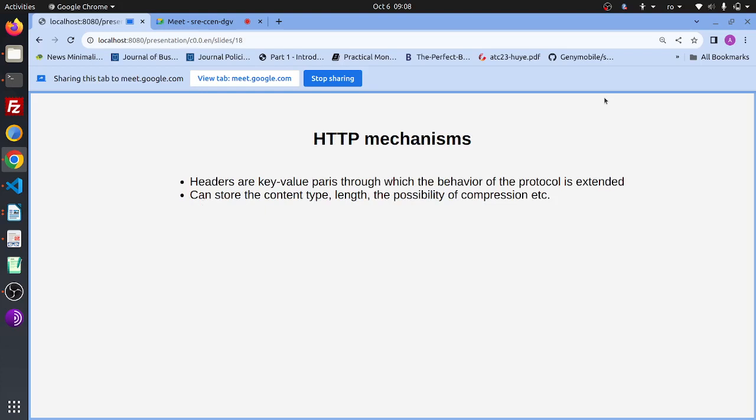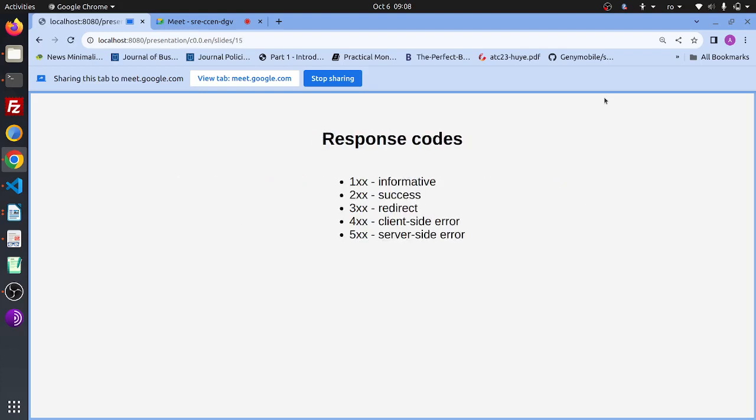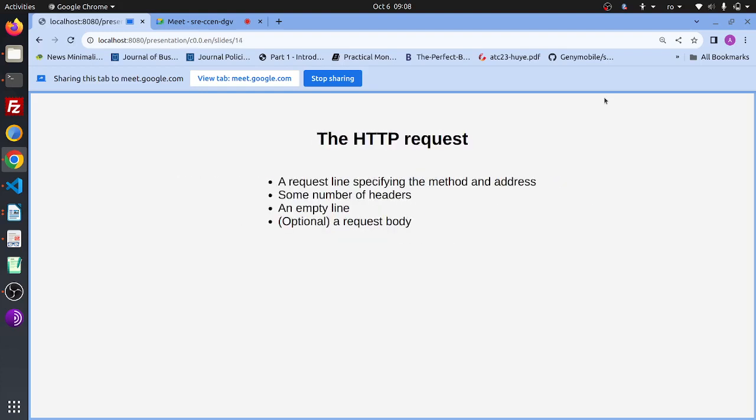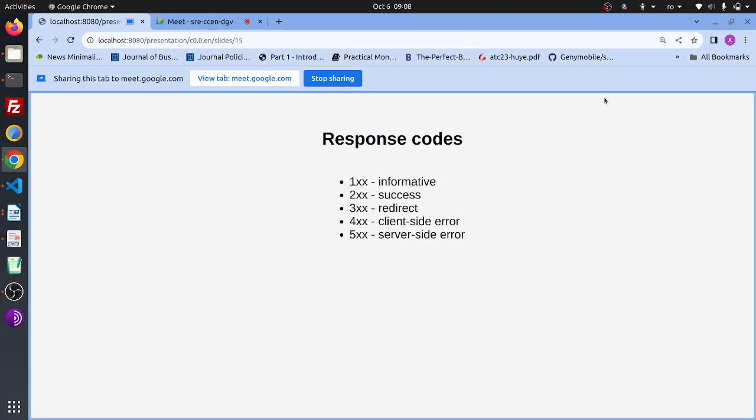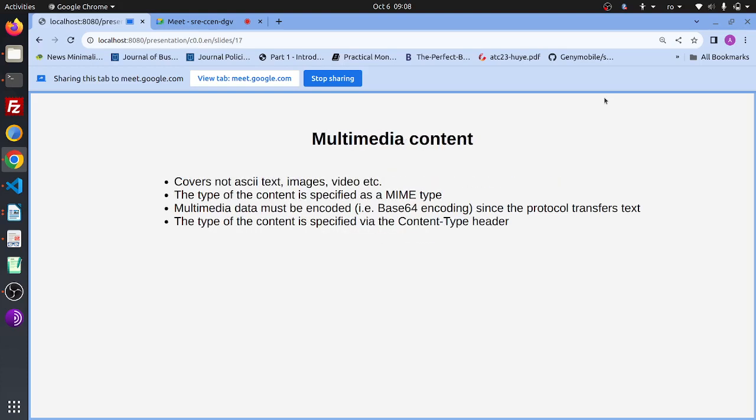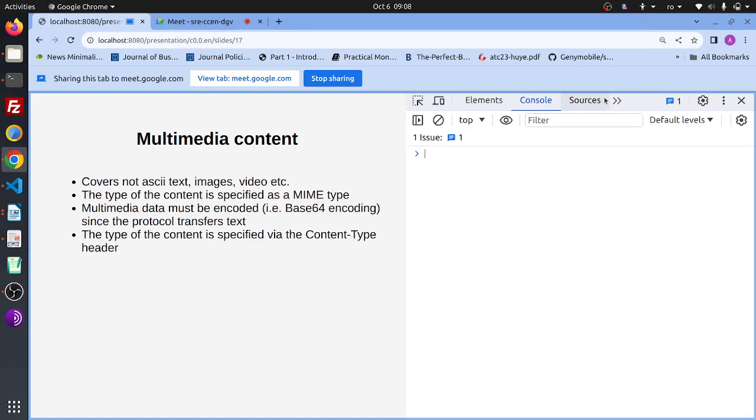Now, we also talked about the fact that the protocol is extensible, in the sense that apart from the minimal HTTP request, which is a request line specifying a method and an address, and then an empty line, and then the optional request body, I can have a number of headers, right? And the headers are key value pairs. We can easily see them, right? So if I press F12,